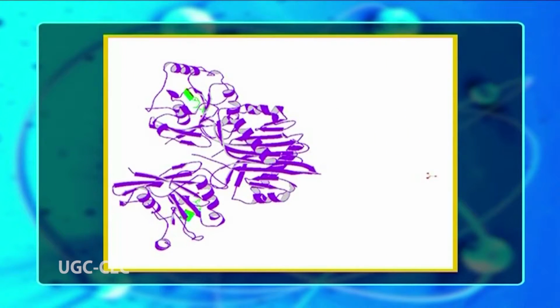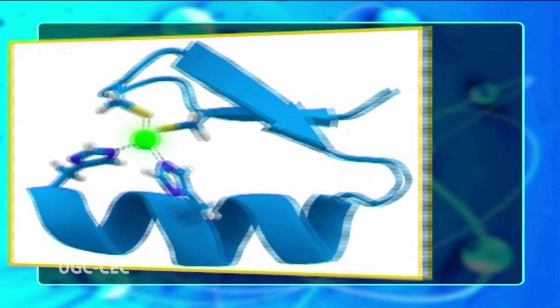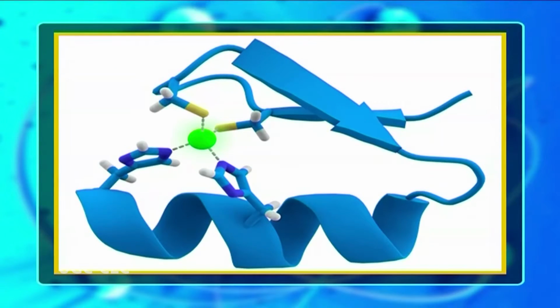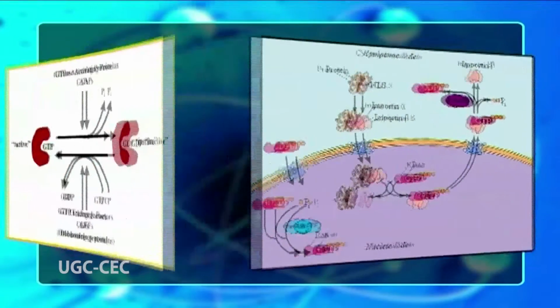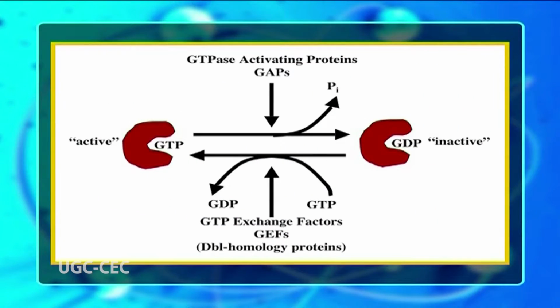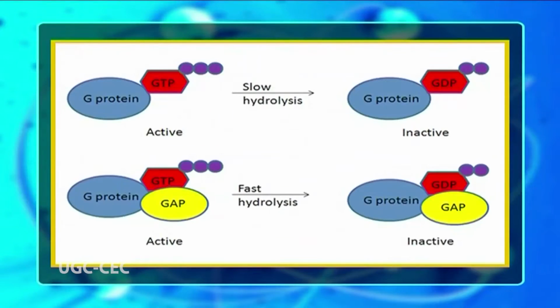Once inside the nucleus, interaction with the RAN GTP causes conformational changes in the importin that cause it to dissociate from its cargo. The resulting complex of importin and RAN GTP then translocates to the cytoplasm, where a protein called RAN binding protein, RANBP, separates RAN GTP from importin. Separation allows access to GTPase activating protein, GAP, that binds the RAN GTP and induces the hydrolysis of GTP to